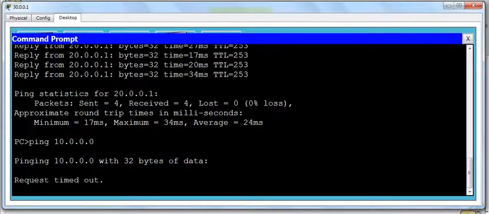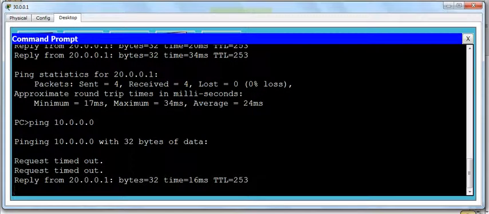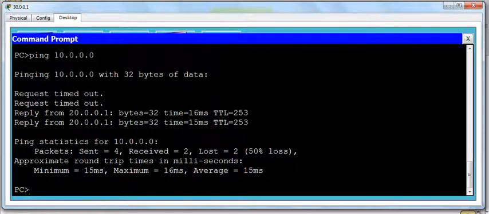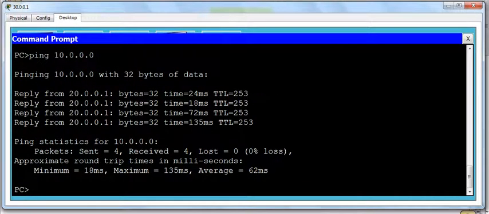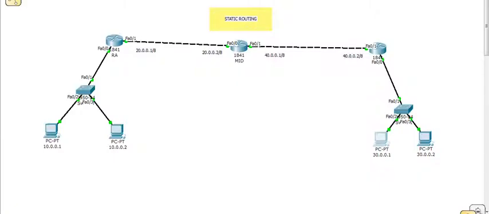Router should reply actually. Right, in real devices it replies. Yeah, it replies. The router will reply, because the router knows about 10 network. You are getting a reply from 20.0.0.1. Who is 20.0.0.1? It's the router's exit interface. The first router, the router that knows about 10 network, is this. The exit interface is 20.0.0.1, because you are talking from this direction.